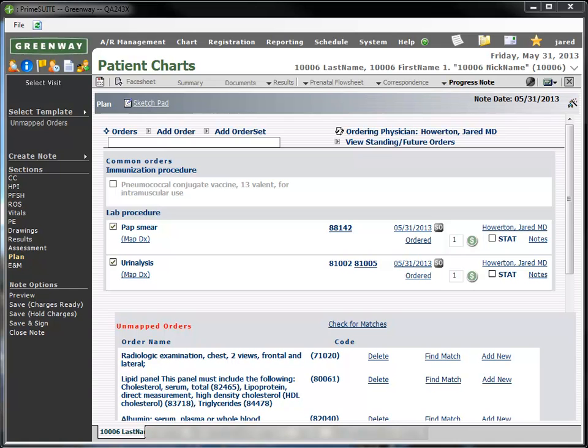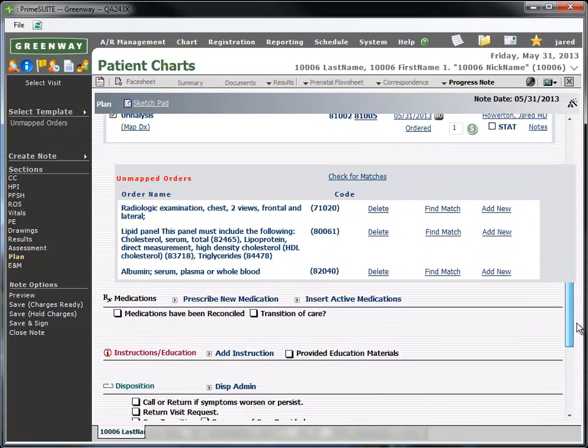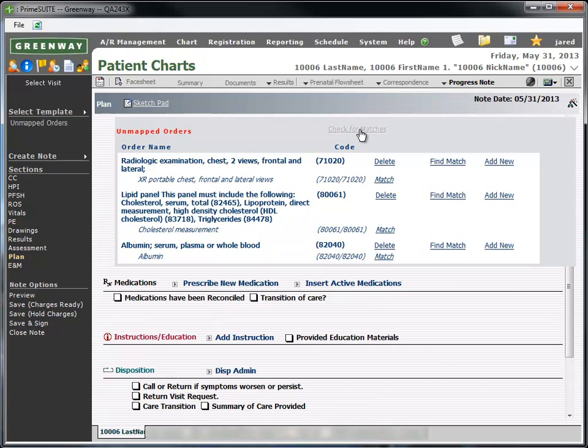When you've selected a template for use in your note, and it doesn't have one or more orders in the Plan section automatically mapped to order concepts within Vocabulary Admin, an unmapped orders section displays in the plan. To check for matches for unmapped orders and match them, click the Check for Matches link. The system checks for matches against the Order Concepts file, the page refreshes, and potential matches are displayed in italics